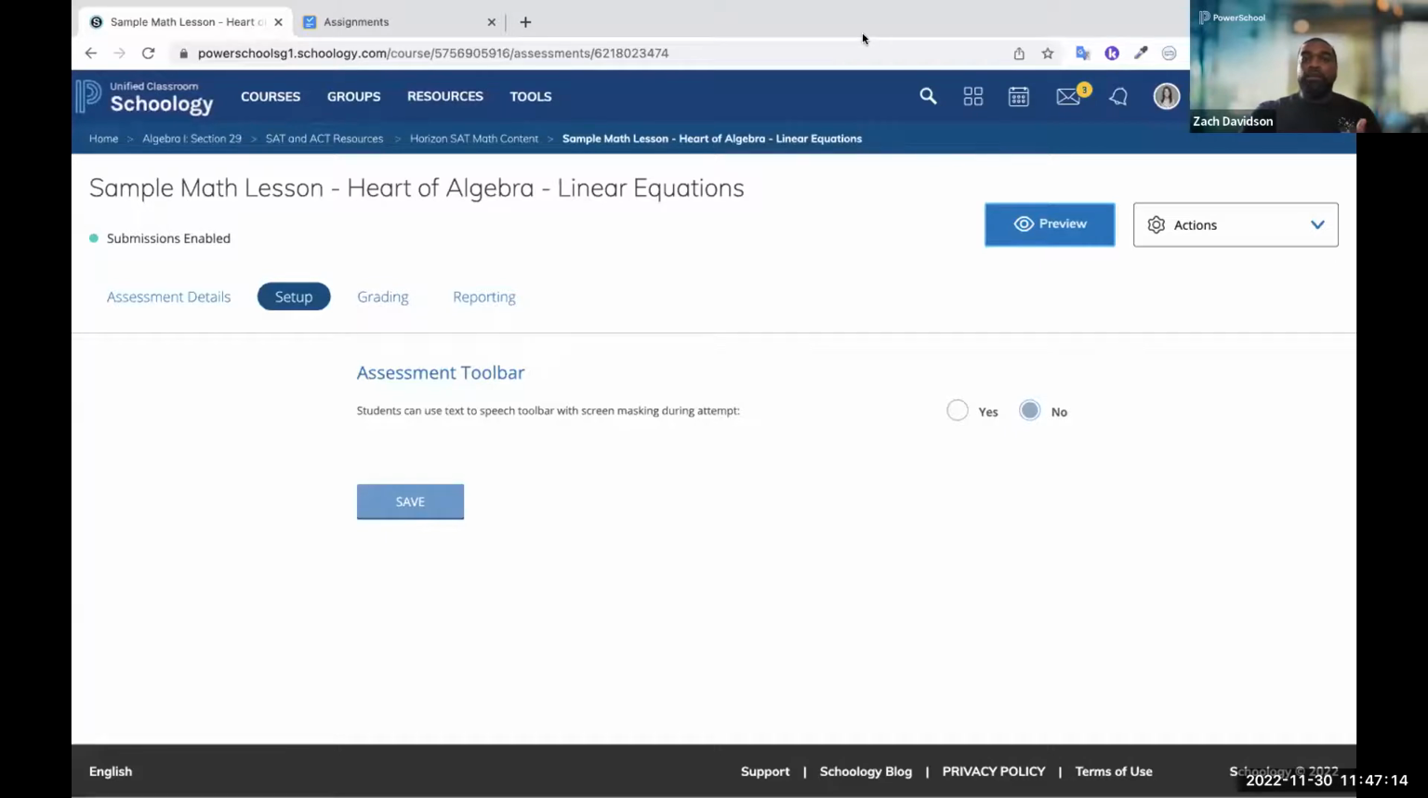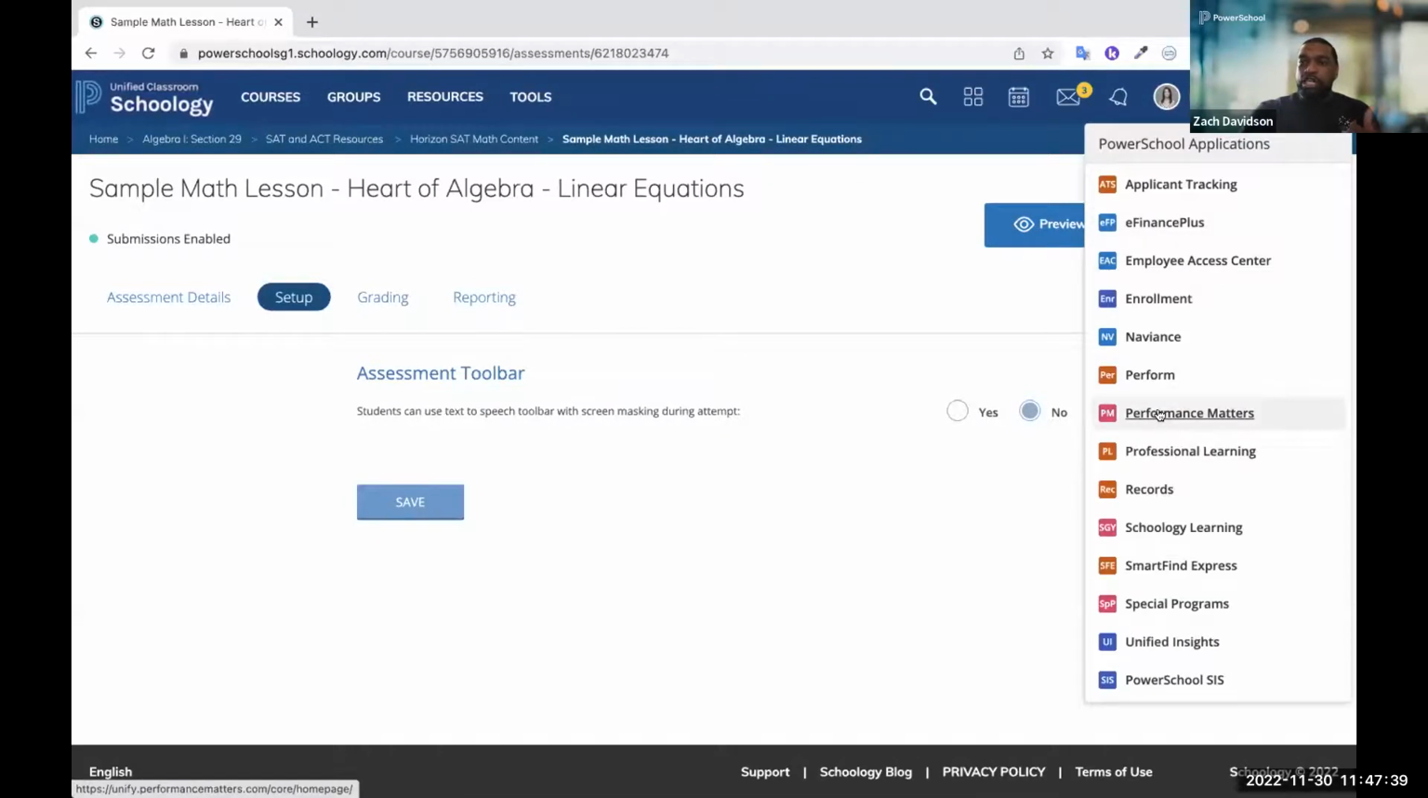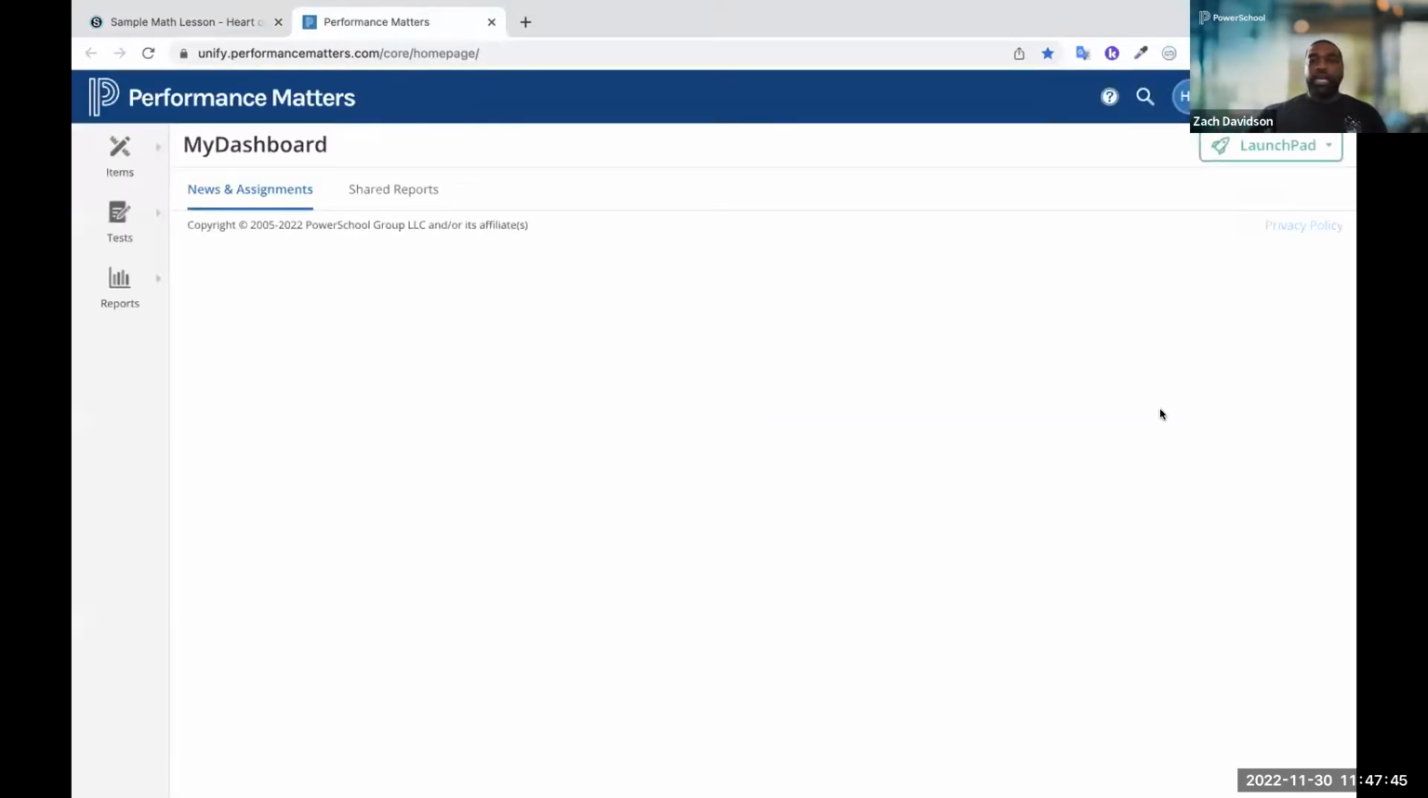Well, we can do that with Performance Matters. In our platform, one thing that you may or may not be used to, if you do have other PowerSchool solutions, is our app switcher. Basically that will allow you as an end user to leverage not only the PowerSchool solution, but in this example here, I can leverage the Performance Matters solution with one click and immediately access it with